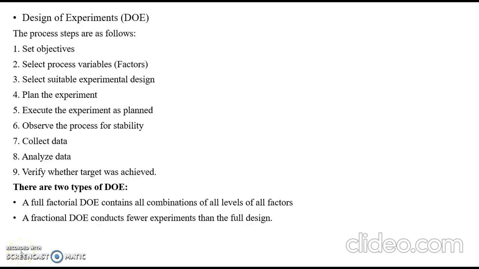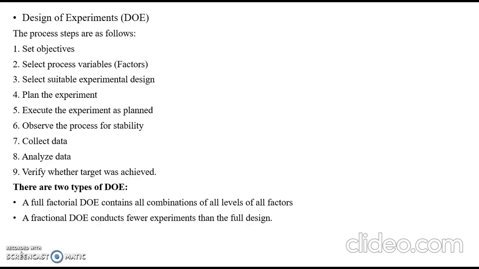Next, in selecting process variables, you should know the different types of factors. The construction of design and interpretation of their results depends on the types of factors involved in the study. Here, the Six Sigma team should consider three types of factors. The first one is continuous factors, which are measurable.